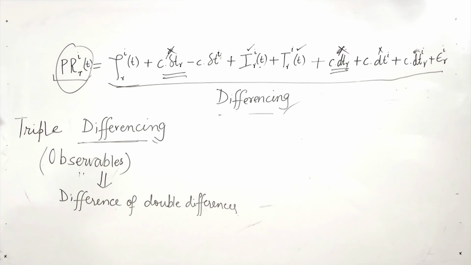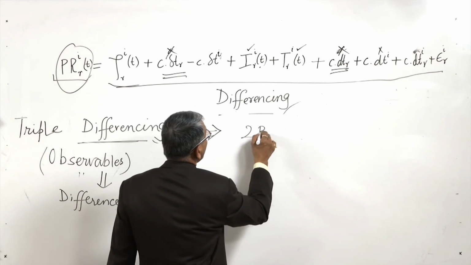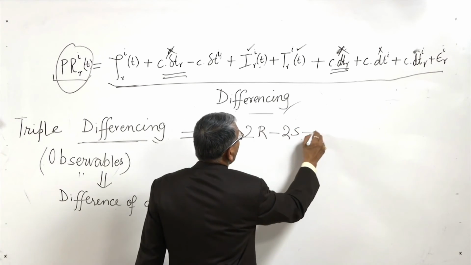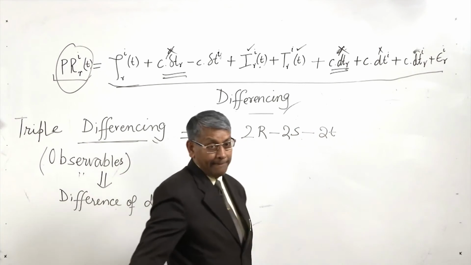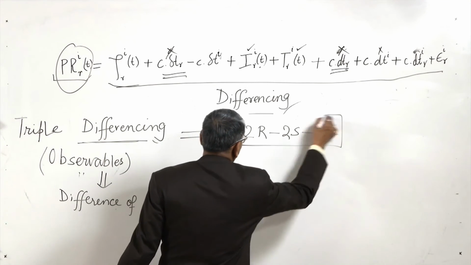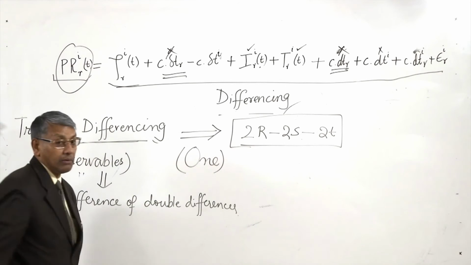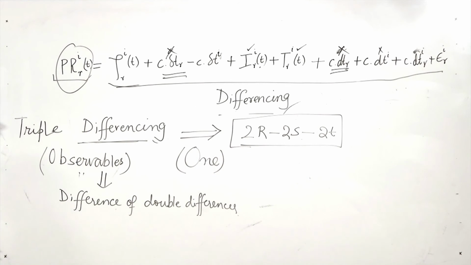So in this triple difference observable, we have to take two receivers, two satellites, and two epochs of time. So only one variety of observable we get. So the triple difference